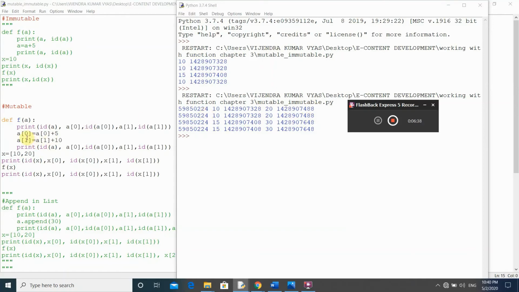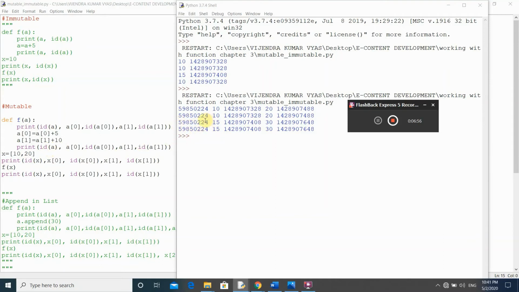Now when we modify the value of a of 0 and a of 1, this print statement displays, first, the address of a.